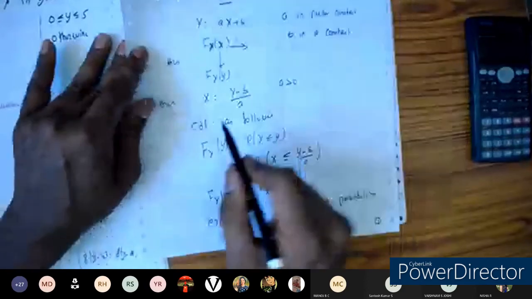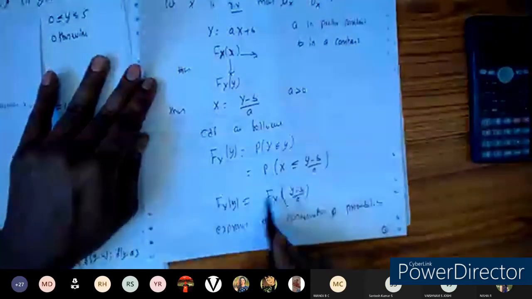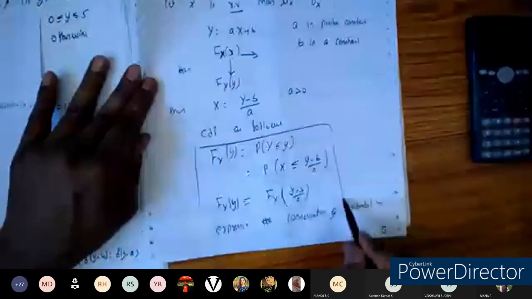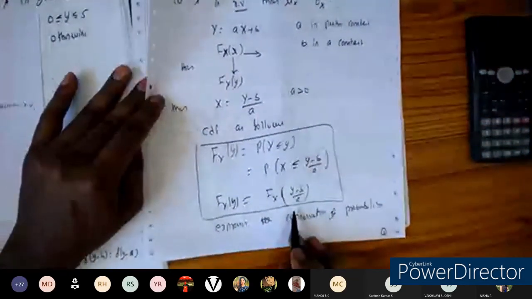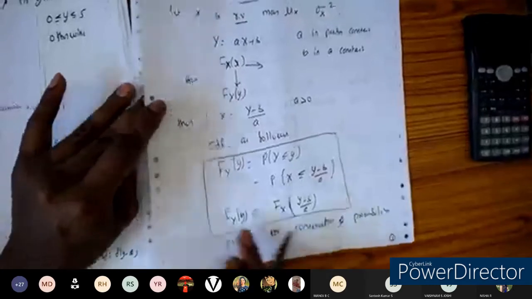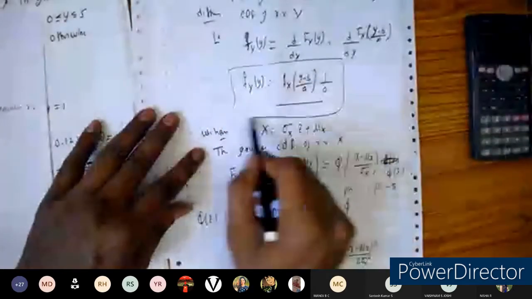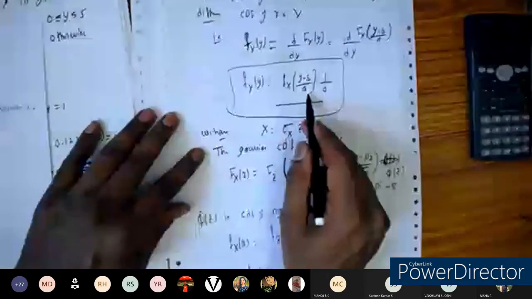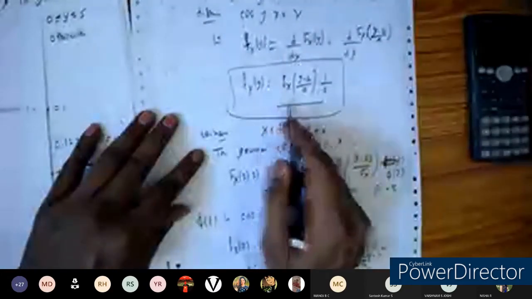In order to do this, a and b are constants that will be given. From this relation, you obtain the value of x, and we are going to substitute it in the CDF by making use of this relation. Afterwards, we are going to differentiate by using this concept, and we will get the PDF of the new Gaussian random variable y by using this expression.